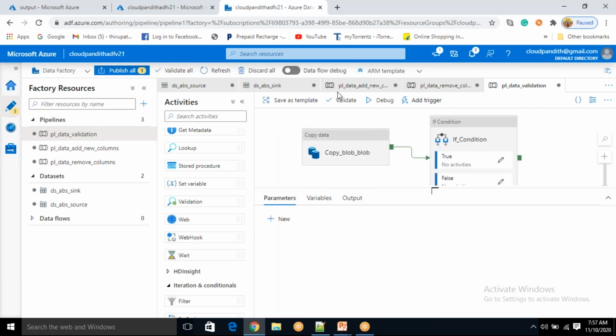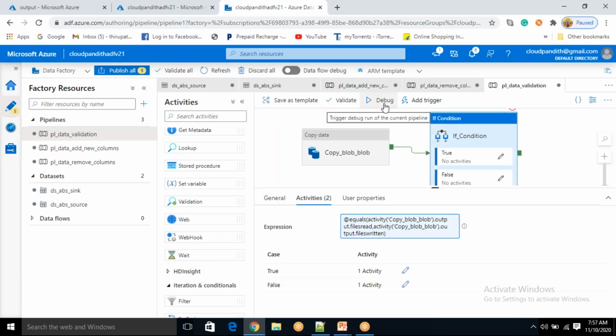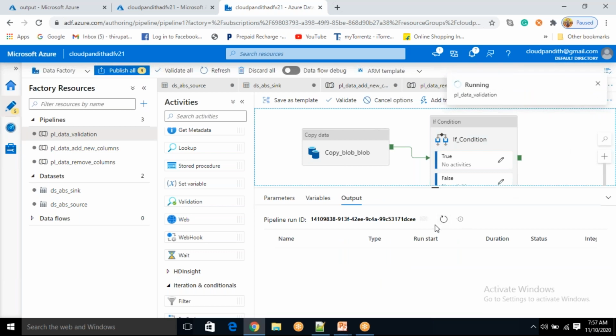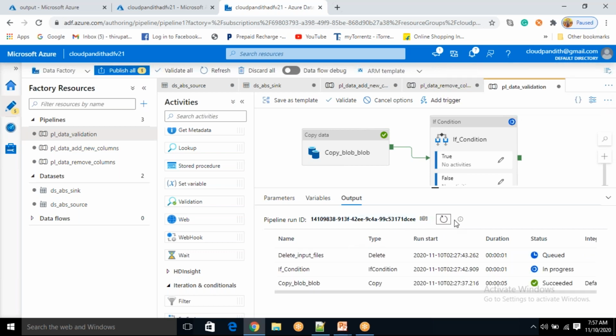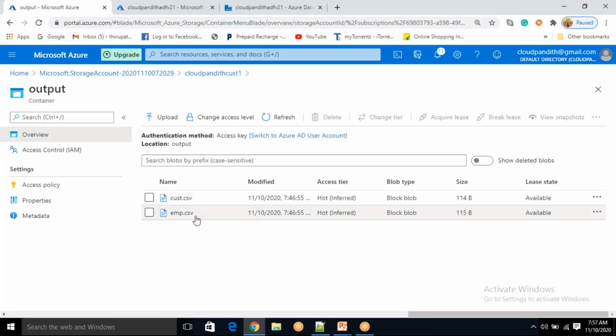Now click debug. See, copy activity successful. Now the if condition returned true, that's why it is deleting the files. See, deleted input files. Now come back here. See, these two files came, I think refresh this. These two files we have not deleted.